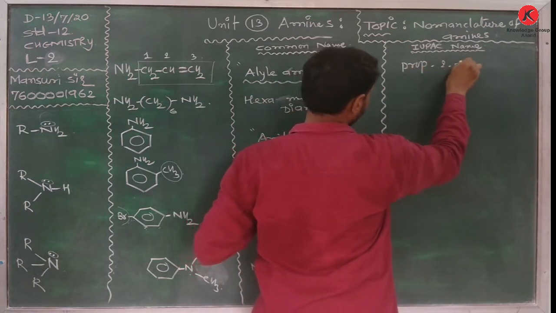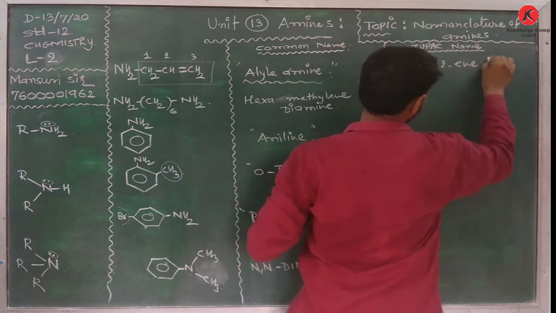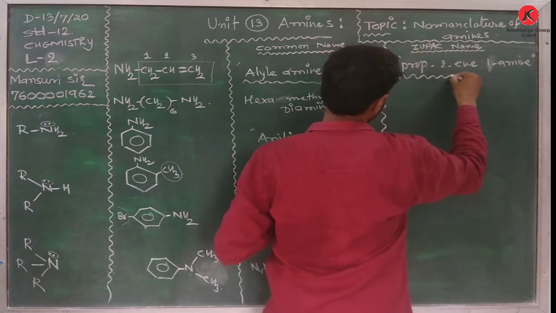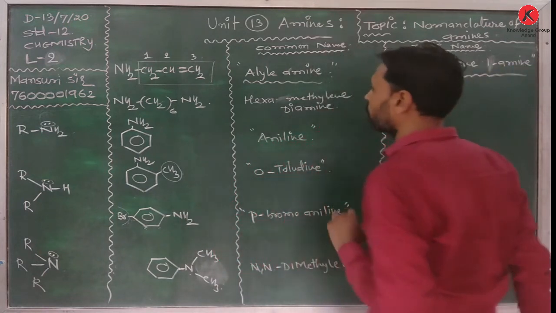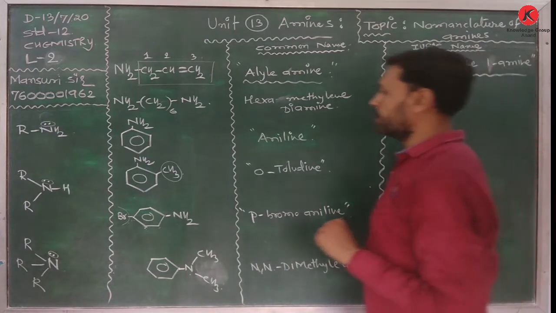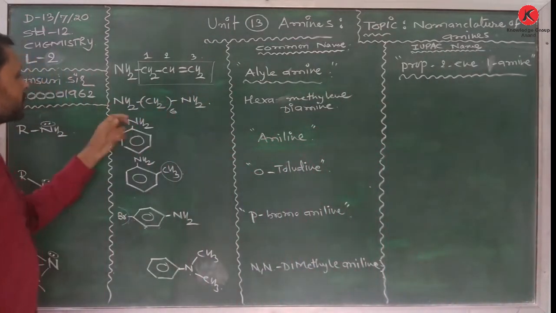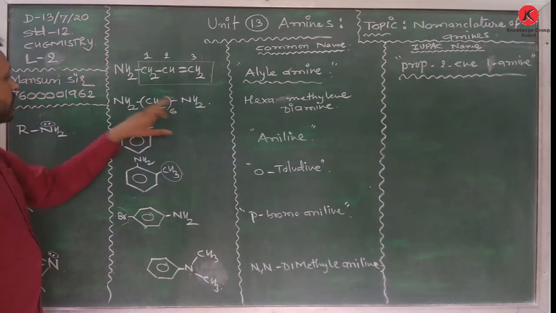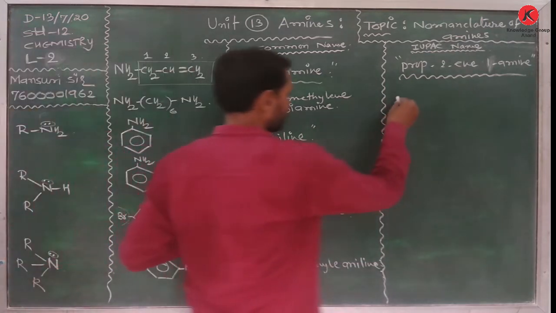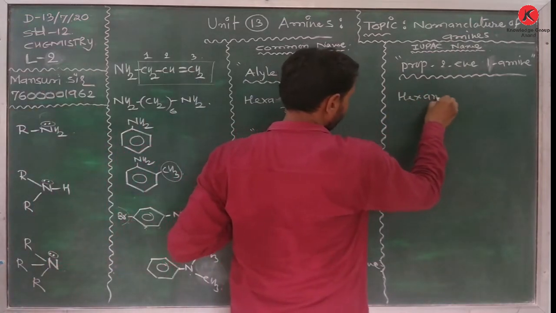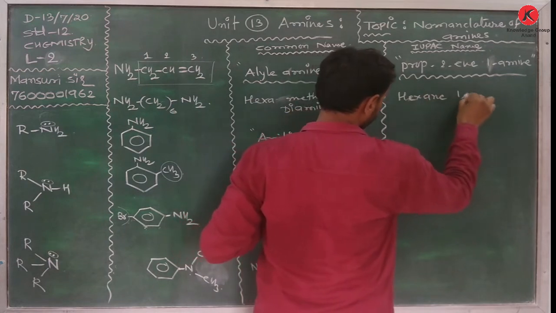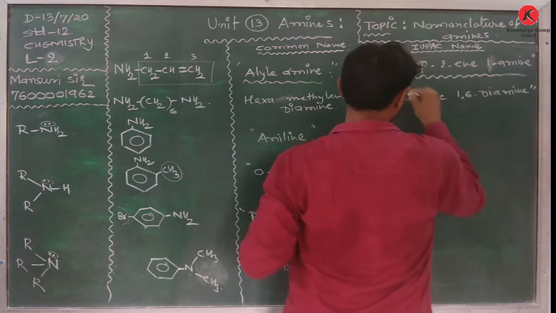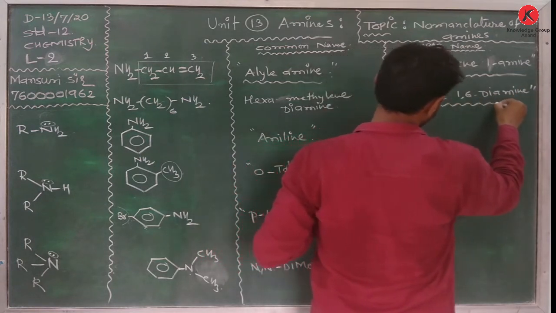Prop-2-en-1-amine, in other words 2-propen-1-amine. Okay, now here 2 amines and 6 carbons. Hexane-1,6-diamine. Okay, now thereafter